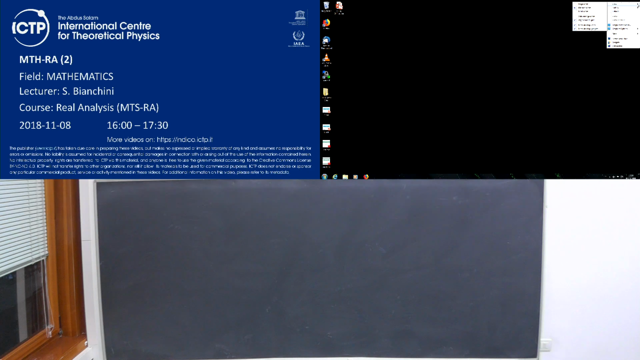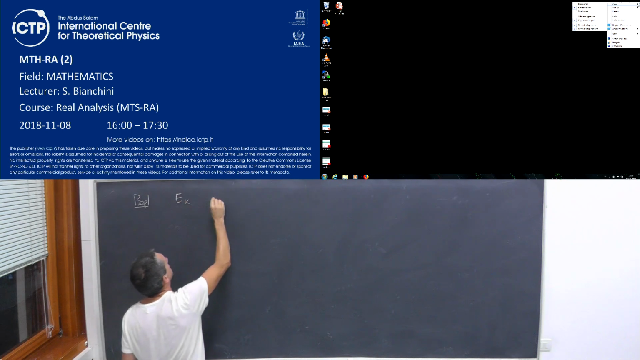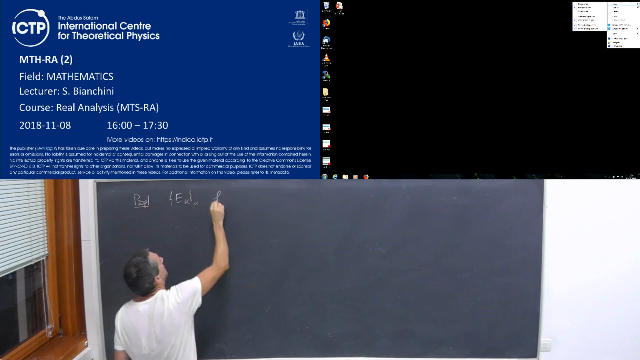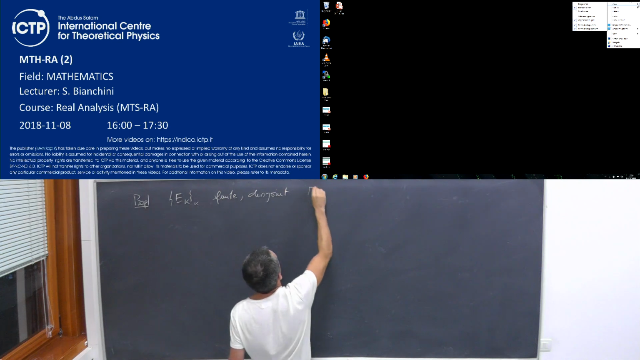Okay, so today we want to finish this object and show that the family of measurable sets is a sigma-algebra. So the last thing was the union of countable sets. If I remember well, we have this proposition: if the E_k are a finite family, disjoint, and E_k is measurable,